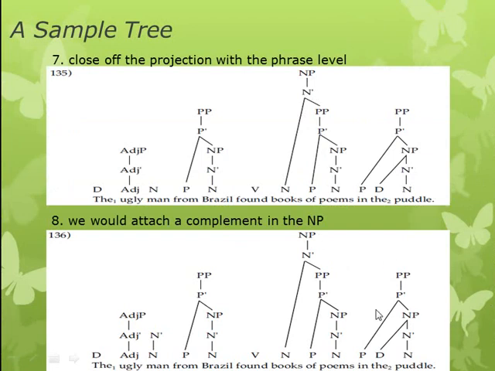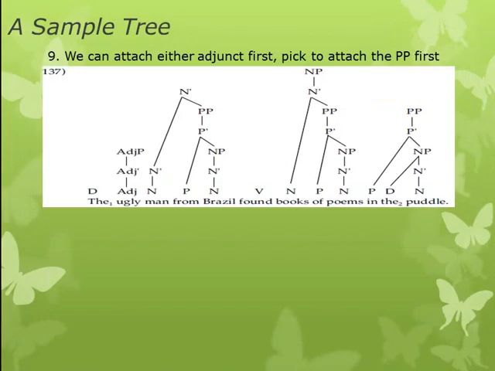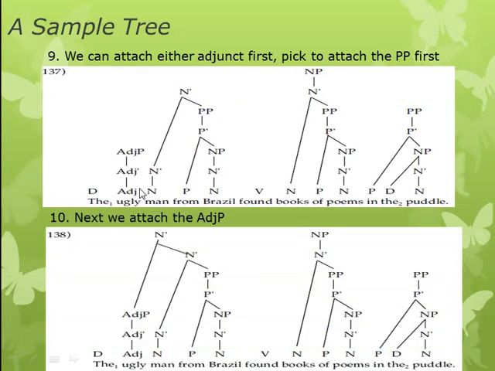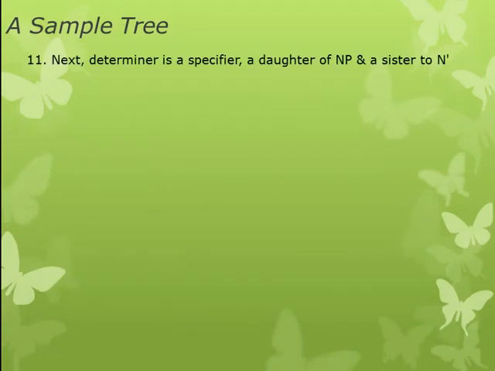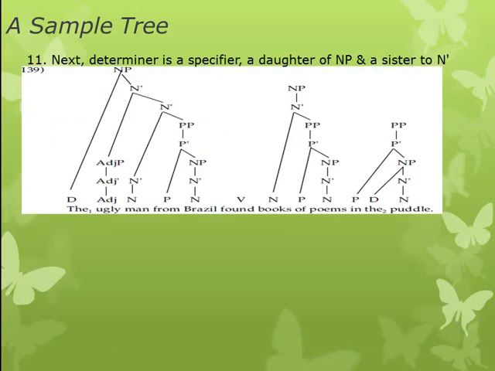Okay, so see the difference. Okay, so we have here N and then N bar. And then next we attach either adjunct first, so pick to attach the prepositional phrase. Okay, so here then we go to prepositional phrase here, and then next the adjective phrase, then we go to this one, and then after that the determiner. It is the specifier, the other of noun phrase here. Okay, we attach the determiner, and then we make noun phrase, then noun, a noun bar, and then we turn to